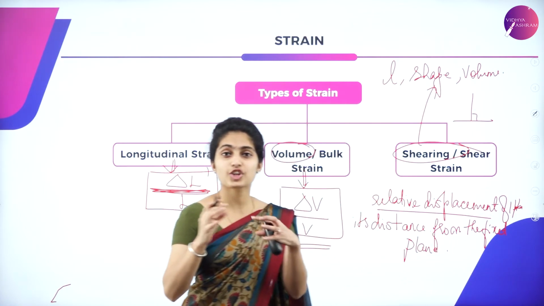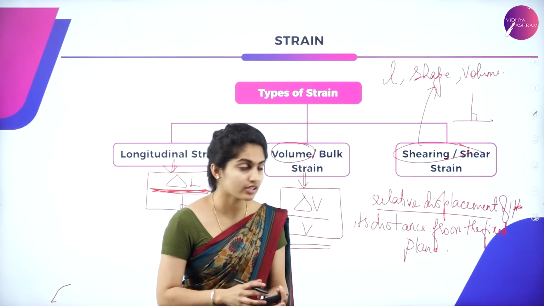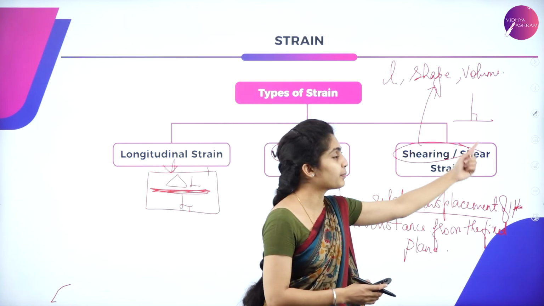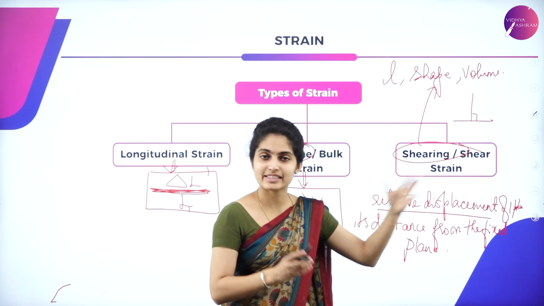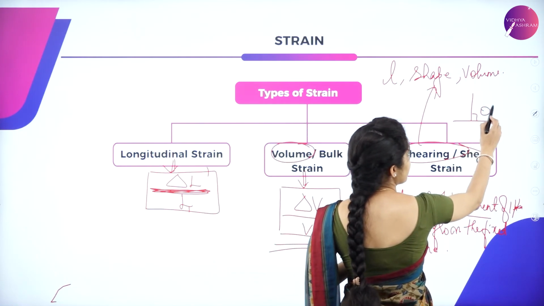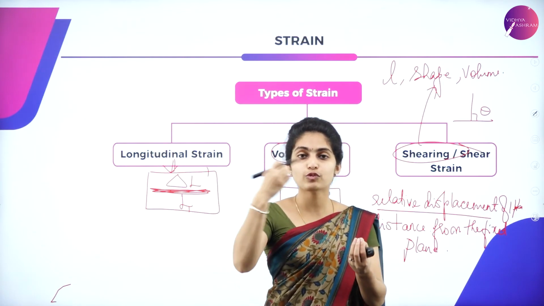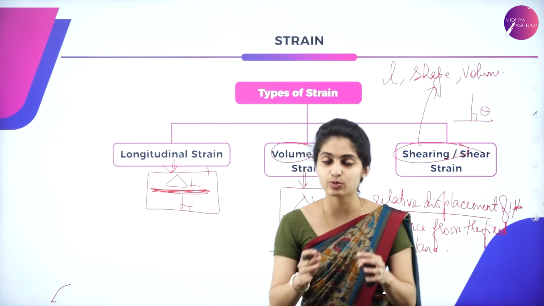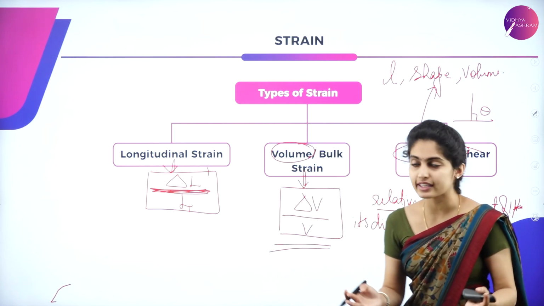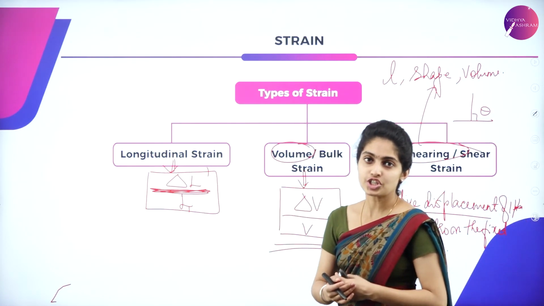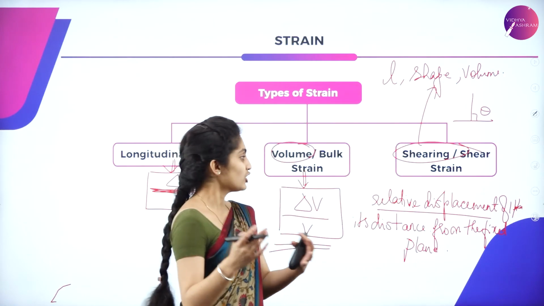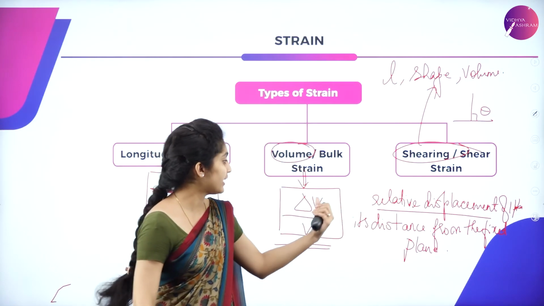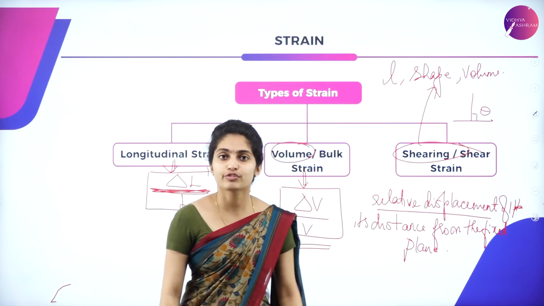So there is a change in shape. How does the change in shape occur? Its displacement changes. If a perpendicularly lying plane is present, it changes its angle theta. Here it is 90 degrees. When the deforming force is applied, it changes its perpendicular way, that is, it changes its angle. It won't be 90 degrees, it will be some other angle. So that is all about shear stress. What is it? The ratio of relative displacement of one plane to its distance from the fixed plane.